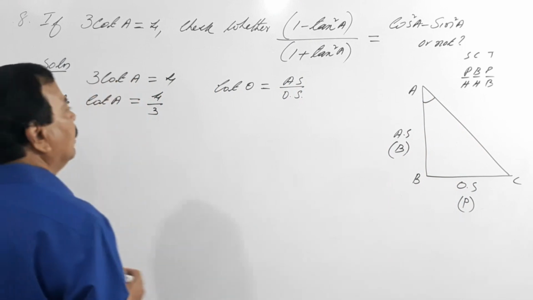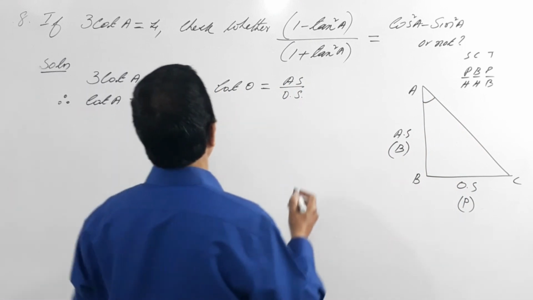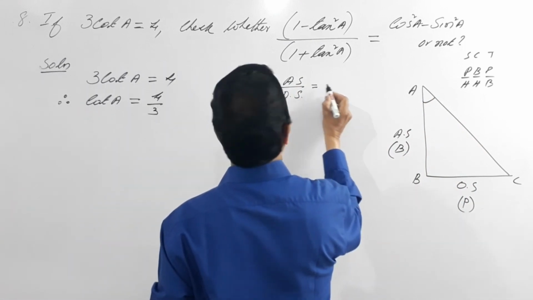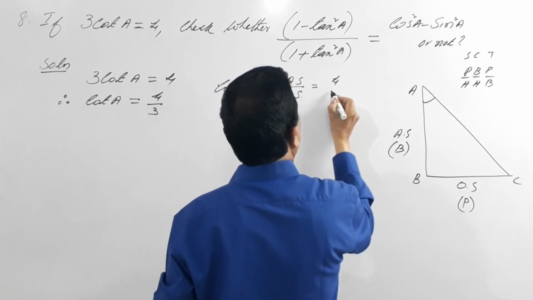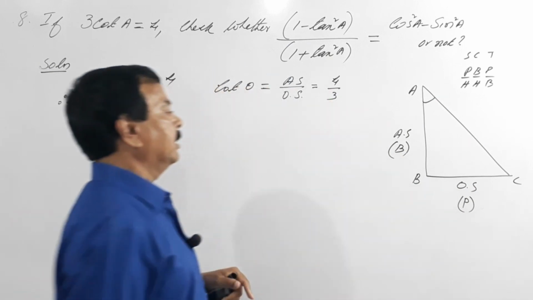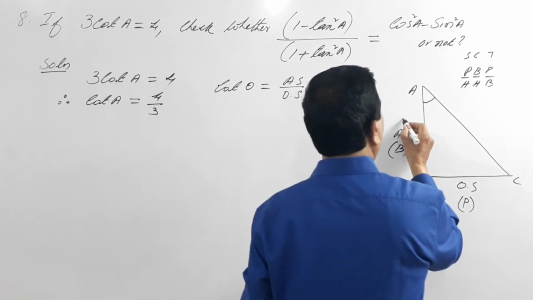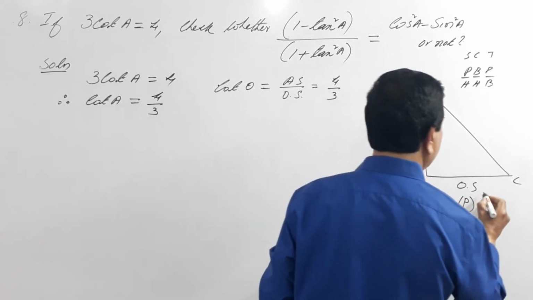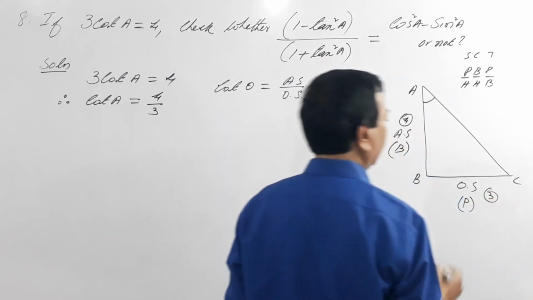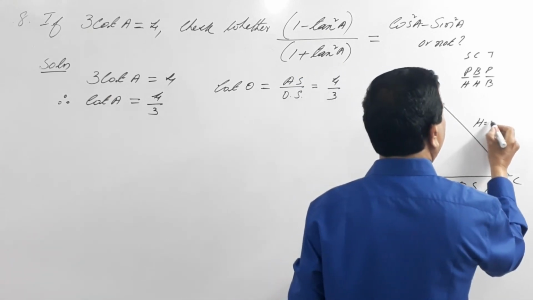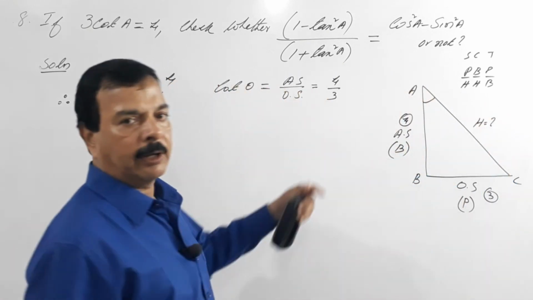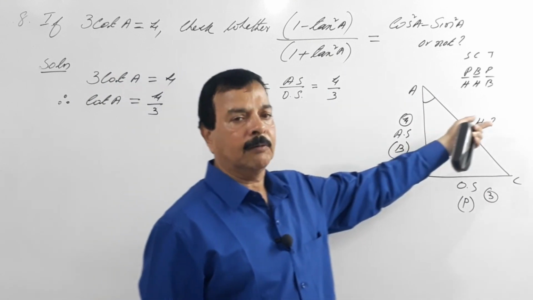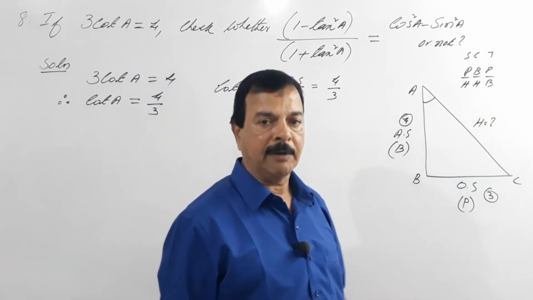So now, what he says, this equals 4 by 3. Adjacent is 4 and this is 3. We are supposed to find H, isn't it? As per my experience I can say definitely the hypotenuse will be 5, but anyway,